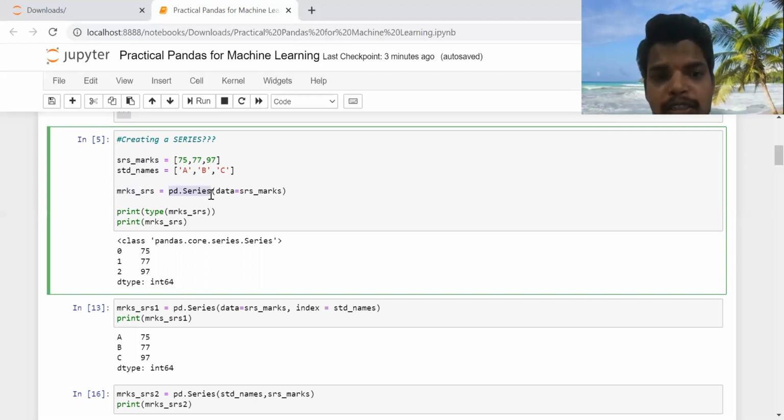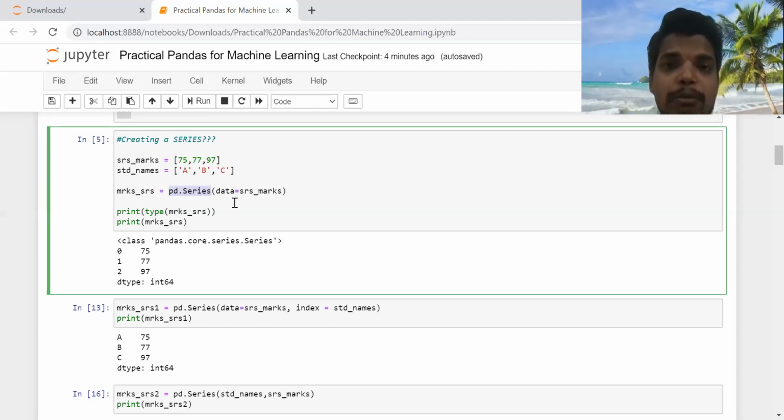The function which will create our Series is pd.Series. It is very similar to np.array. This is the method for creating a pandas Series.